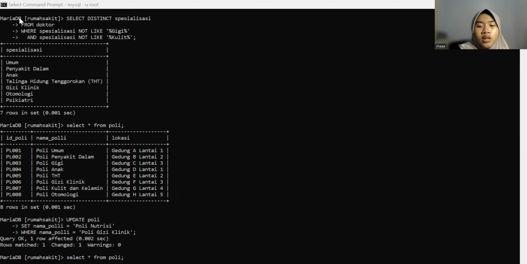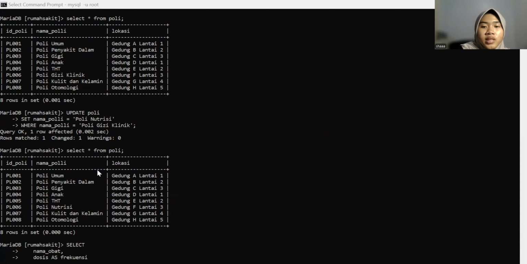Since both conditions are combined with and, the result will only show specialists that don't have either of those words. We also use distinct to make sure the result doesn't show duplicates if the same specialist appears more than once.